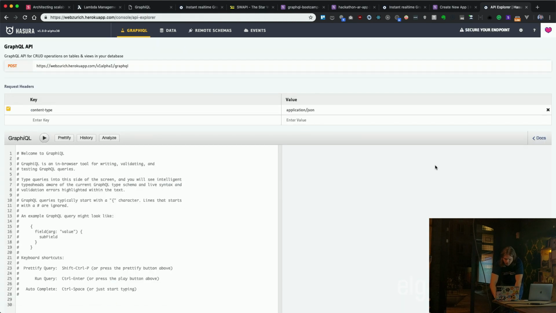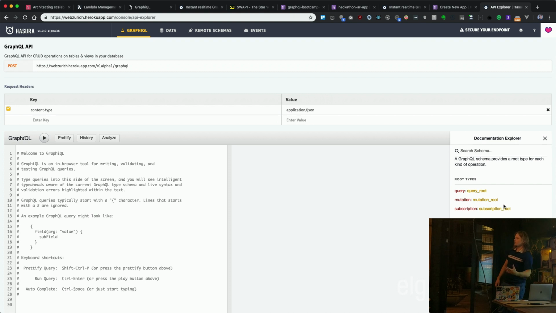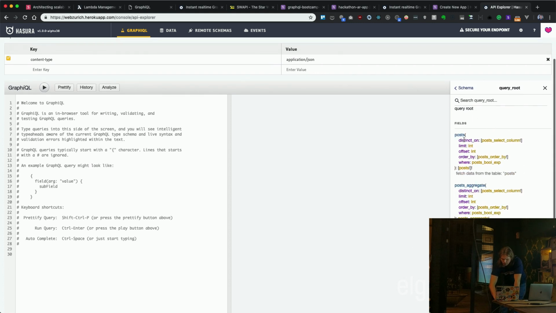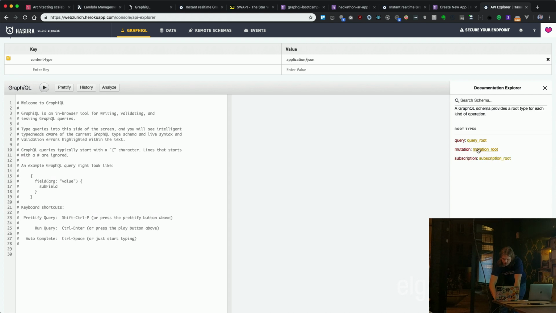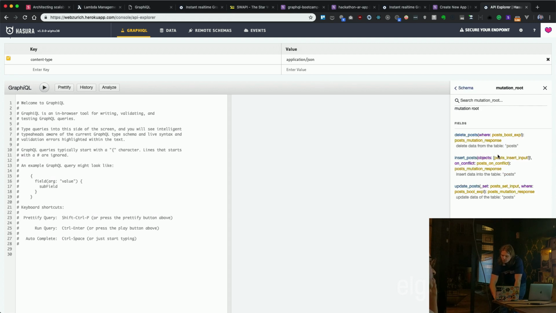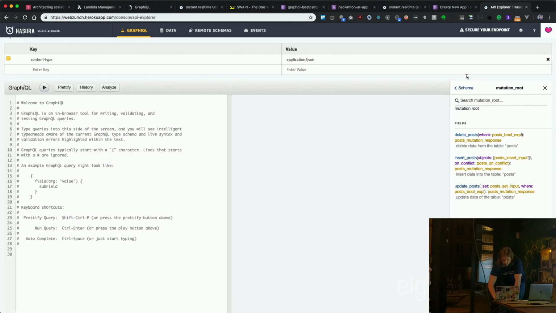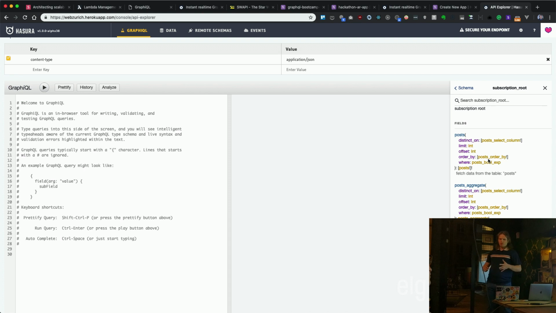Now, if I go to graphical, go to docs, I already have query, mutation, and subscription automatically generated for me by the Hasura engine. If I go to query, I can query my posts, I can add my posts, update my posts, or delete my posts by using those mutations. Which is a really important thing, it gives me subscriptions by default. So I can subscribe to changes and have updates through WebSockets to my client, which is pretty nice.